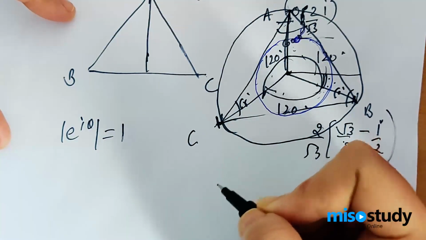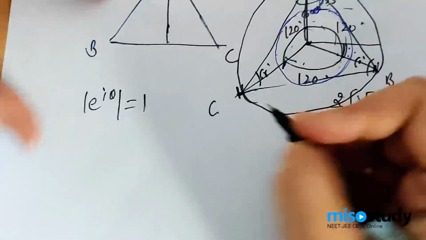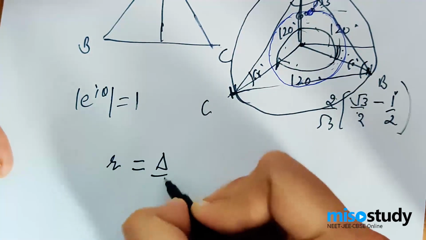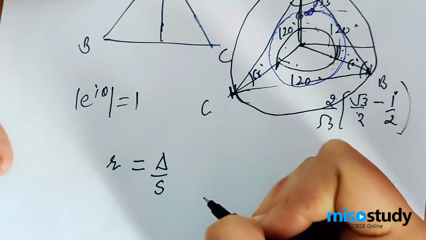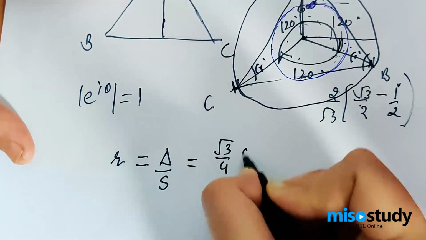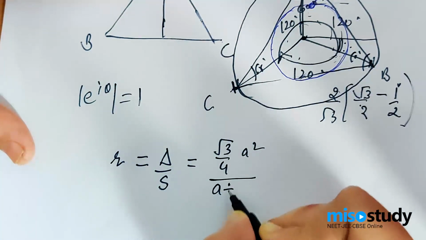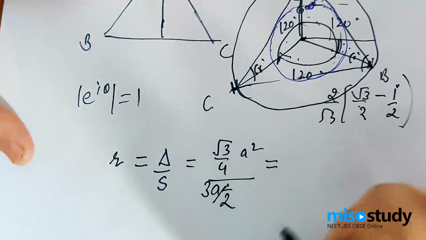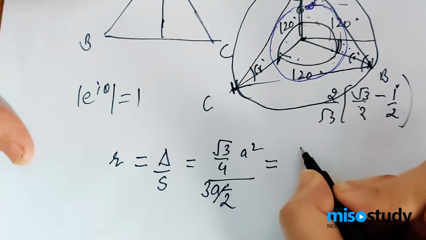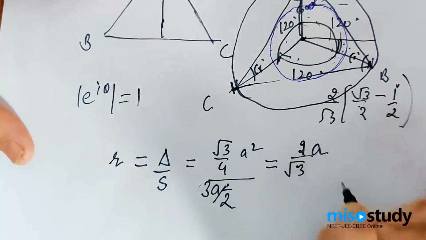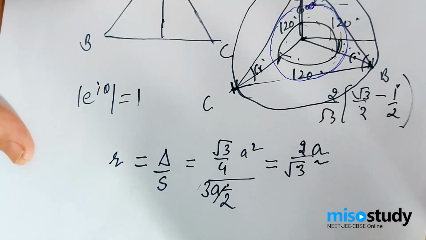So to find what AP square, BP square and CP square are, I should first of all know what r is, that is the inradius. Now the inradius is given by the formula delta by S. I had discussed this in the solution of triangles also. Delta is the area of the triangle, which is an equilateral triangle, so it's root 3 by 4 a square, and S is the semi-perimeter, which is (a plus b plus c) by 2. In this case it will be 3a by 2, because a, b and c are equal to each other. So if you solve it, you will have 1 by 2 root 3 times a. Now let's find out what a is, and our job is done. Okay, are you understanding?